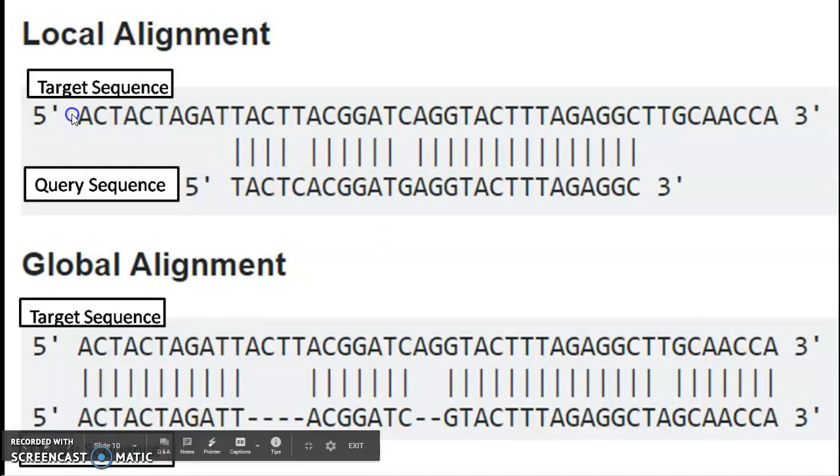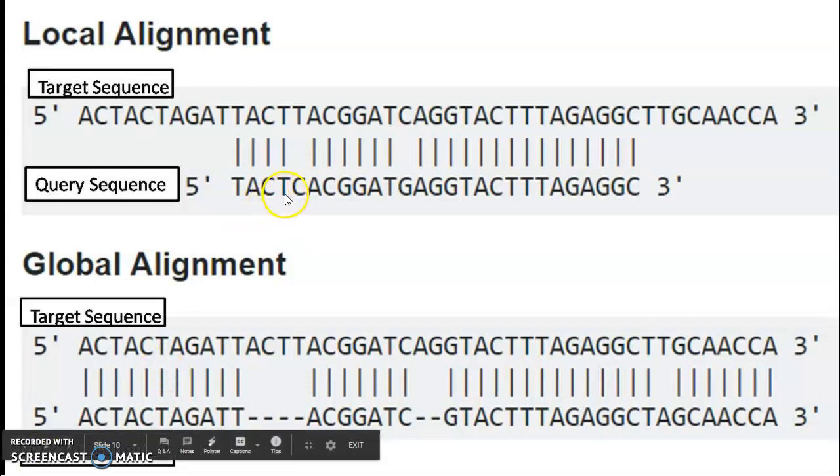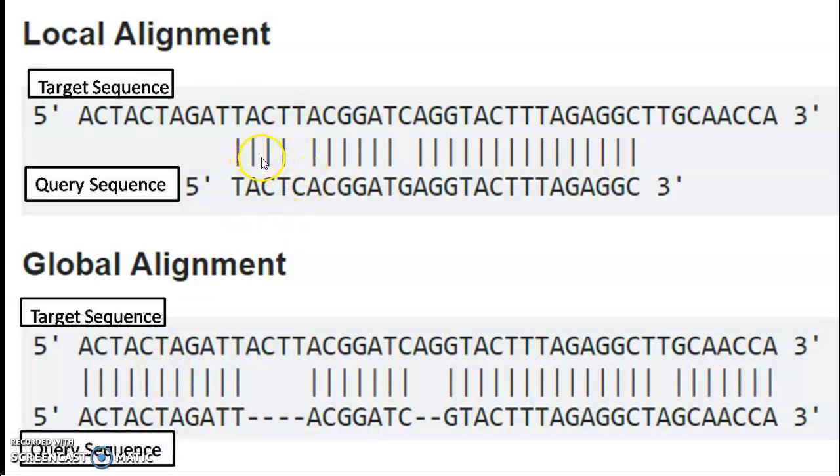If this is my sequence, and if this is the sequence in the database, the target sequence, I repeat, if we are using two sequences, and this is my query sequence, and I'm going to compare it with a target sequence, the tool will align in such a way that the area in the sequence which shows the best match, I can take this as the island.